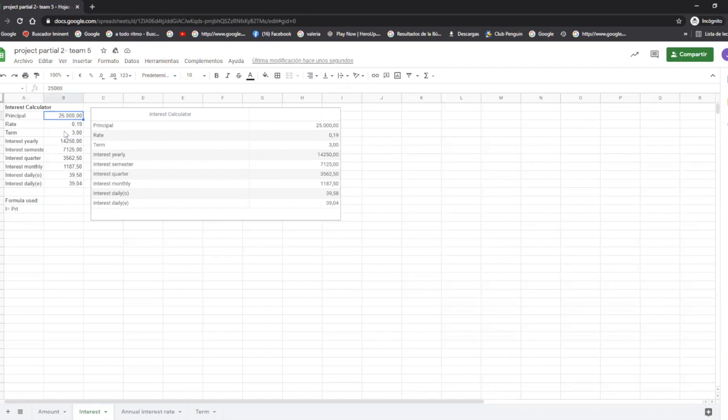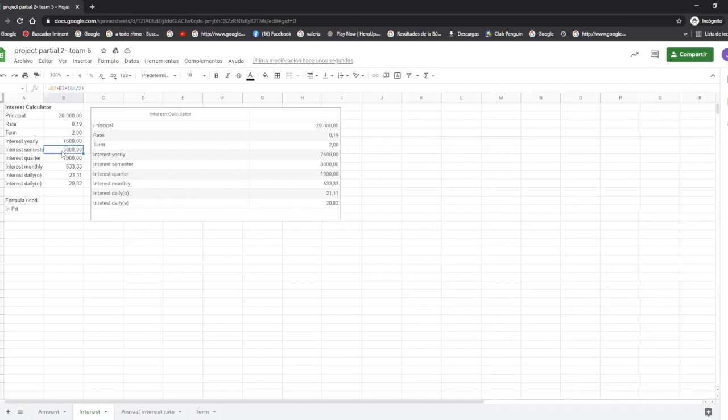And also, for example, here's 25,000. We can put a round number, 20,000. We can see everything is changing. We can change maybe the term a little bit to 52. It all changes. And here, interest yearly is the total. We can see the interest in the semester is the interest yearly divided by 2. There is the interest in quarter, that is the interest yearly divided by 4, the monthly divided by 12,